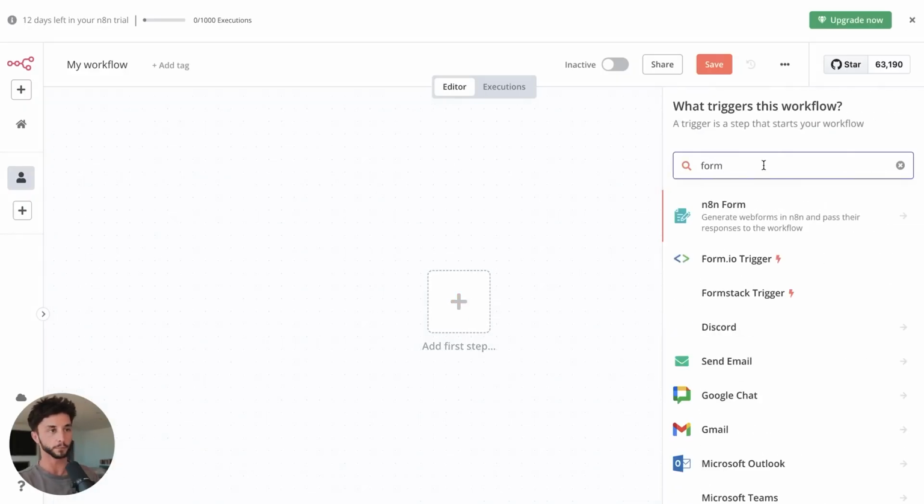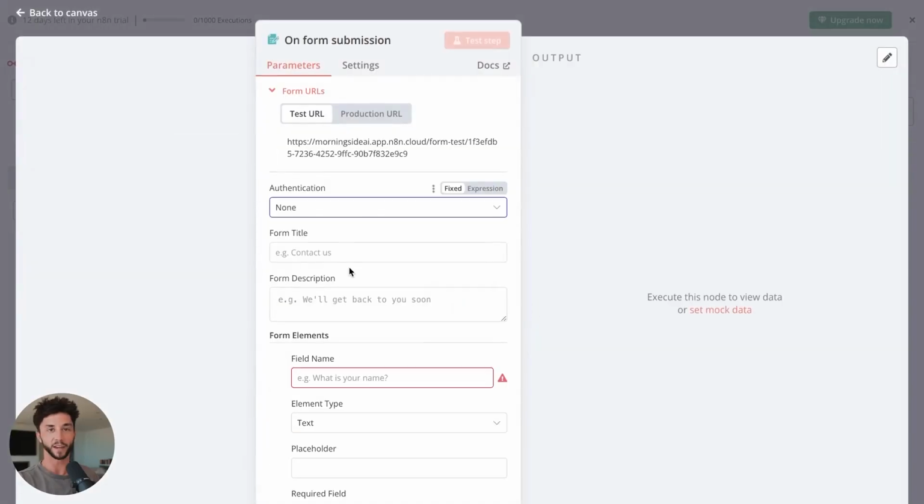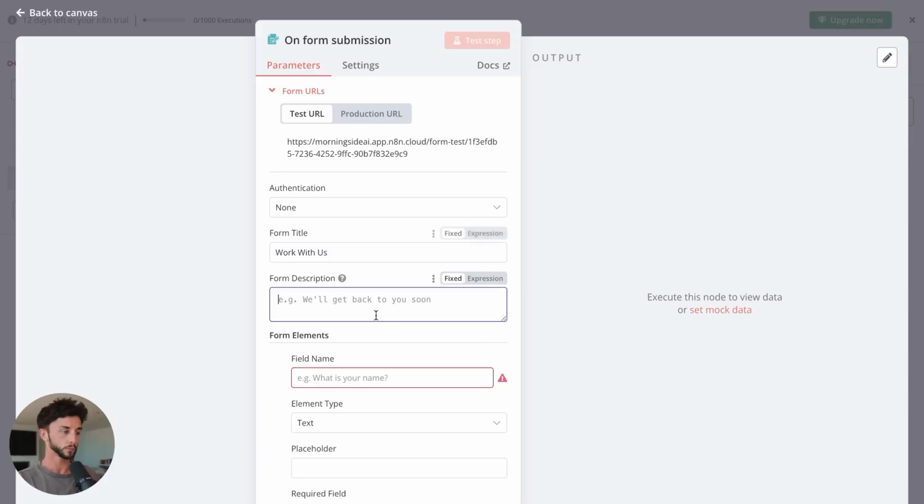We're going to go form. n8n has a nice form trigger, on new n8n form event. And here we get to create an n8n form. So we can call it Work With Us. Provide your